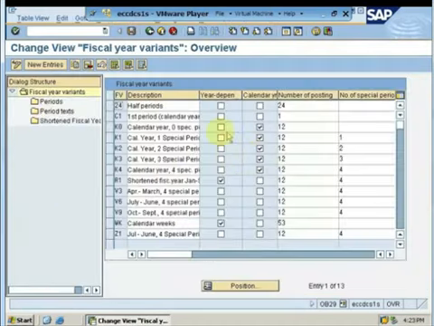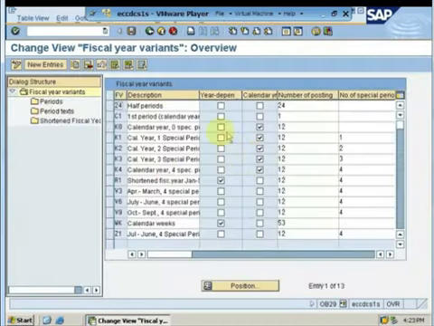Now, within year dependent fiscal year, we have two different types of fiscal year: a calendar year or a non-calendar year. A calendar year fiscal year means that the start would be from January and it will end in December. A non-calendar fiscal year could be either July to June, or April to March, or October to September, depending on the legal requirement of the company.